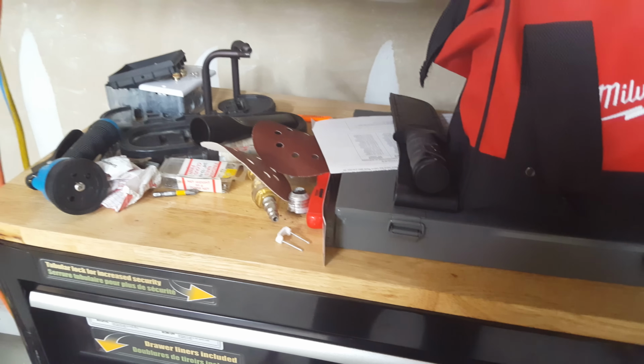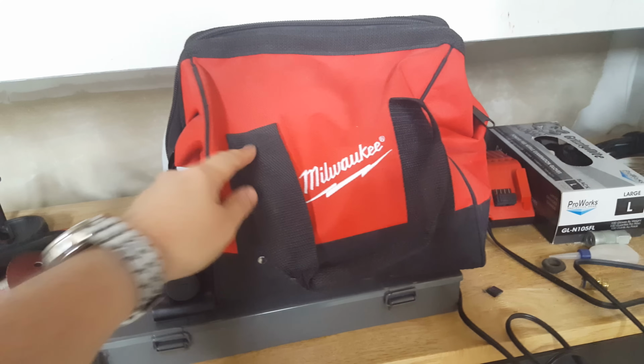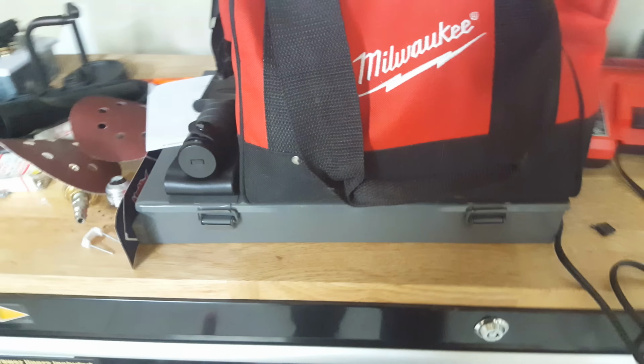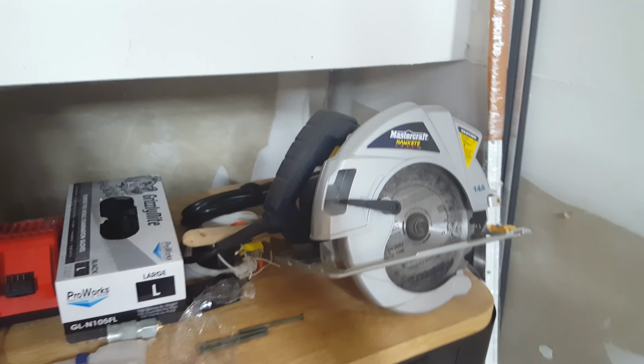So let's start out with the top. I've got a Milwaukee bag here that's got a flashlight, a drill, and an impact driver. I like to use those a lot. I prefer Milwaukee for the cordless tools, but for the corded tools, I go with the Mastercraft, which is a